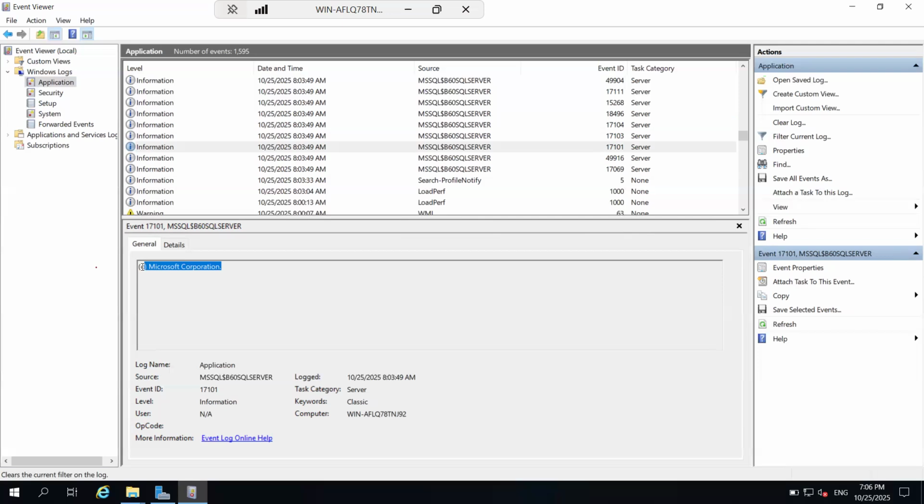If any error is present, then how do we handle it? It depends. No, it's not like we have to uninstall. It depends upon the error. For example, if the service account password is expired or someone deleted the service account, SQL Server will not